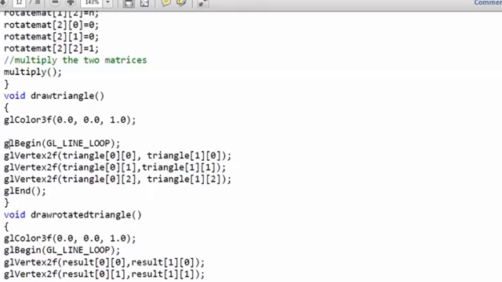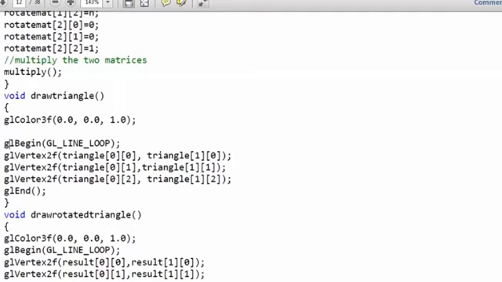Then again down we have x-axis 0 and loop is 1, and again the third one, the x-axis is 0 and loop is 2. Similarly for the y vertex, y-axis 1 and the loop is 0, then y-axis 1 and loop 1, similarly y-axis 1 and loop 2.